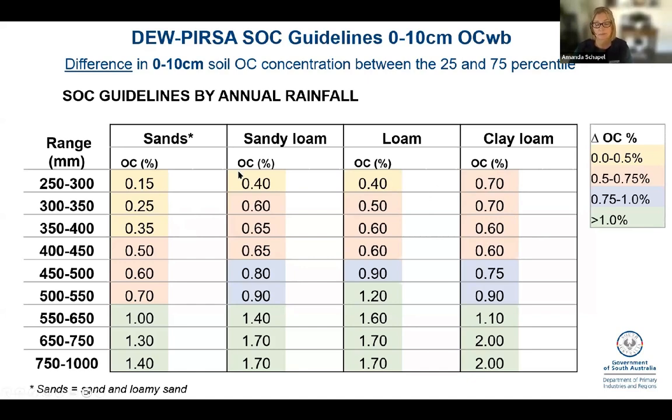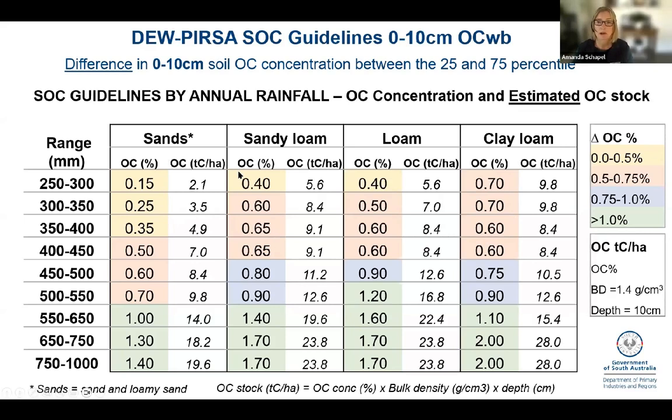So be mindful of that. To give you an idea of carbon stock concentration, so this is again in the 0 to 10 centimeters, I've just made these generic numbers, which is just utilizing a standard bulk density value. Karl was talking about bulk density before. A value of 1.4, which is on average for our Mallee areas, our average bulk density for the 0 to 10s, and multiplied that by 10 centimetres.